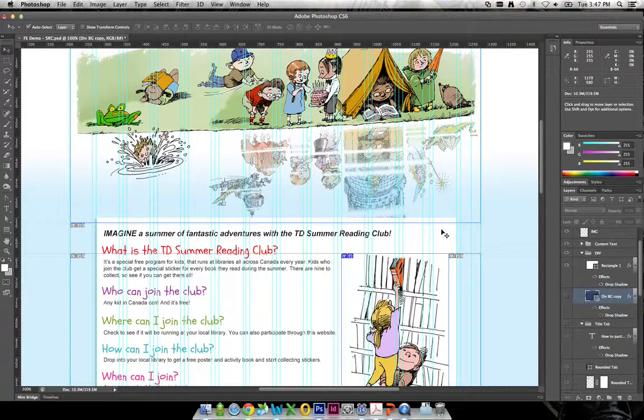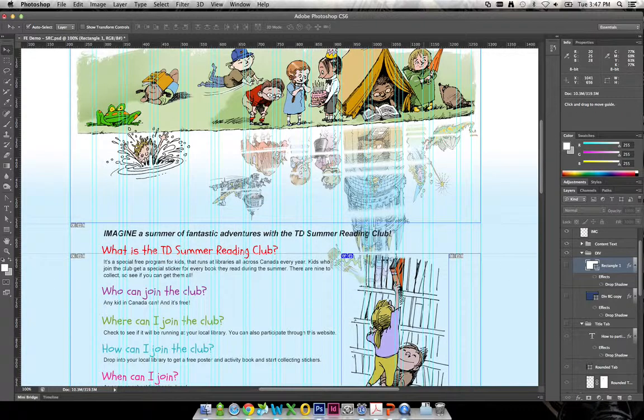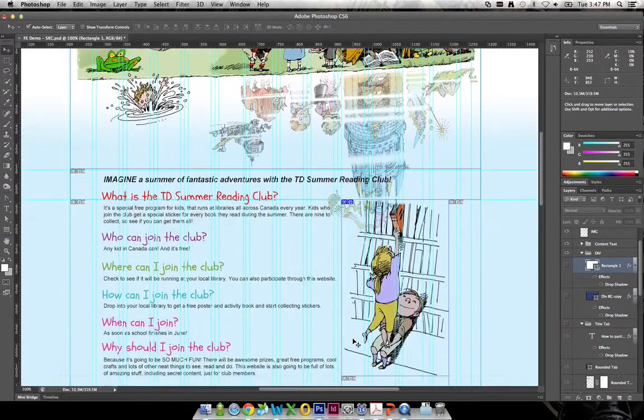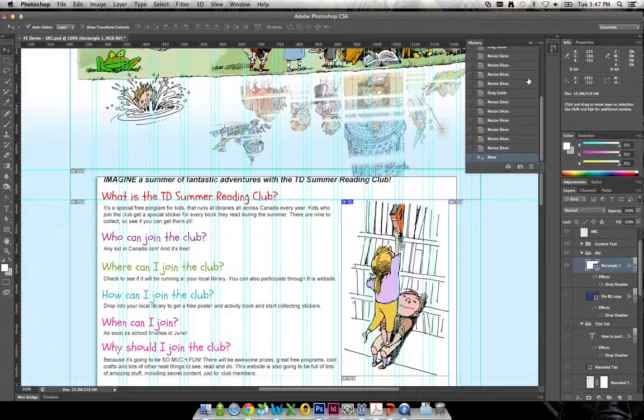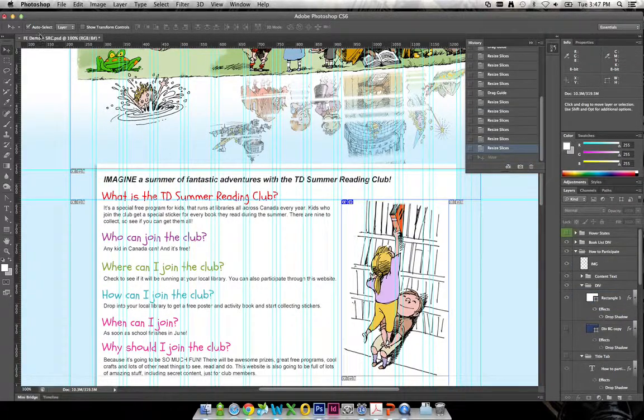So this is where the challenge starts coming in. If I turn off this white box, you can notice it starts affecting the other image. So we're going to leave that one on. And what we're going to do is just use this arrow. We're going to click on this box, and then you can either just drag it down a little bit, or I'm just going to use the history to go back a little bit. You can click on that one layer,